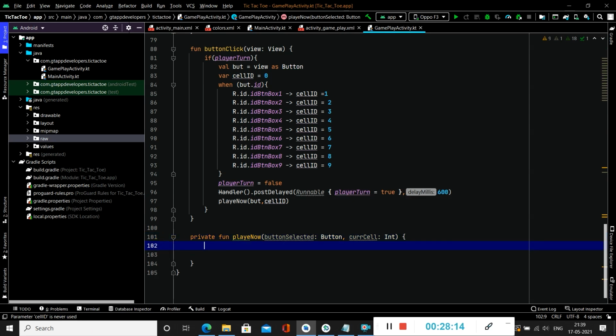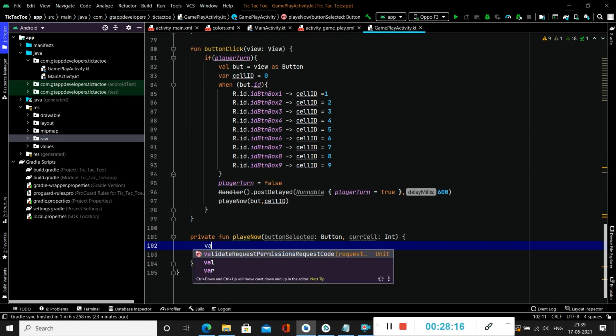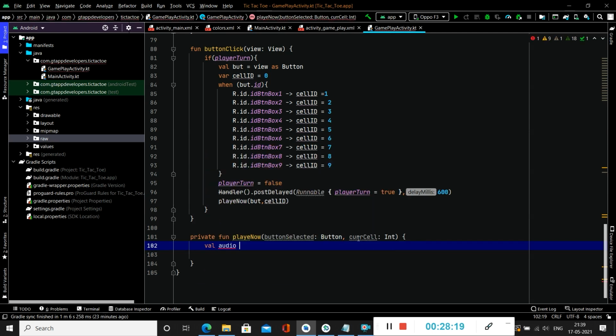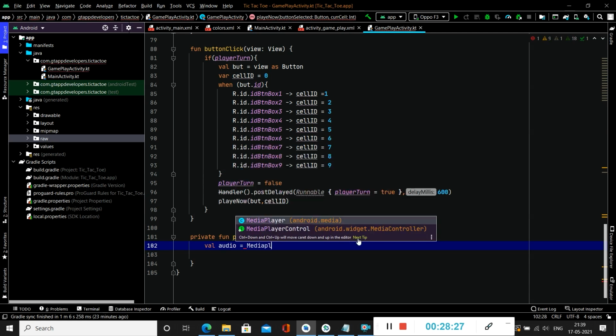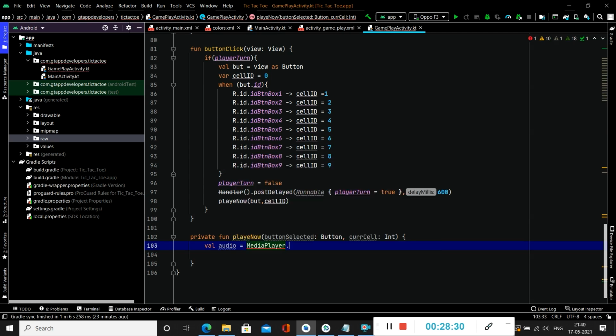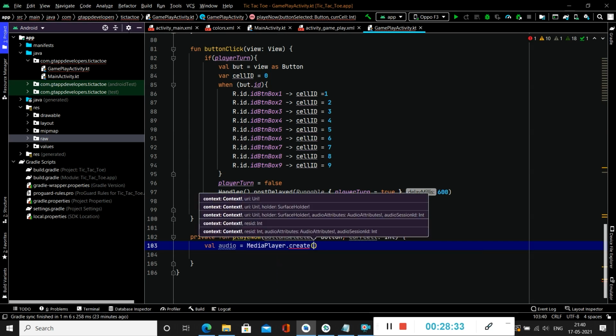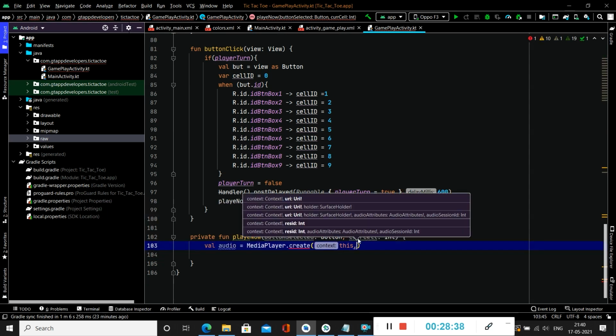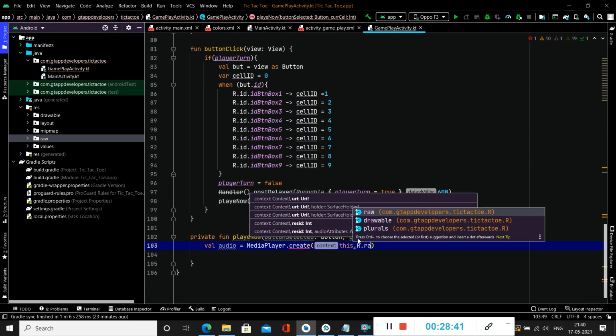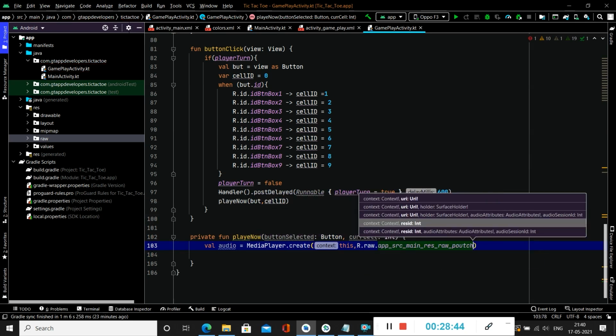Now in this method, first of all we will create a variable for our audio file, which we have stored inside our raw folder. So for creating a variable we simply write val audio, and we will call a MediaPlayer class. It is a predefined class in Android for playing any media, that is the audio file. So we will create a MediaPlayer, and inside this we have to specify the raw file which we have added in our raw folder. There are two different files, one for the success and one for the sound which will be played on selecting any option.